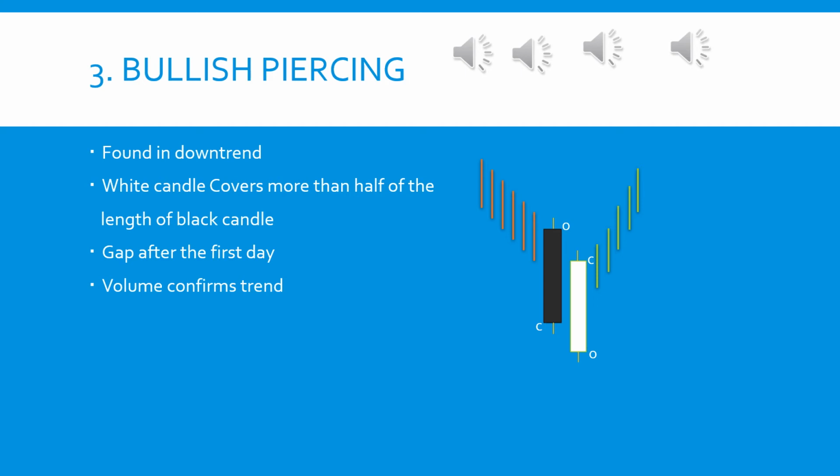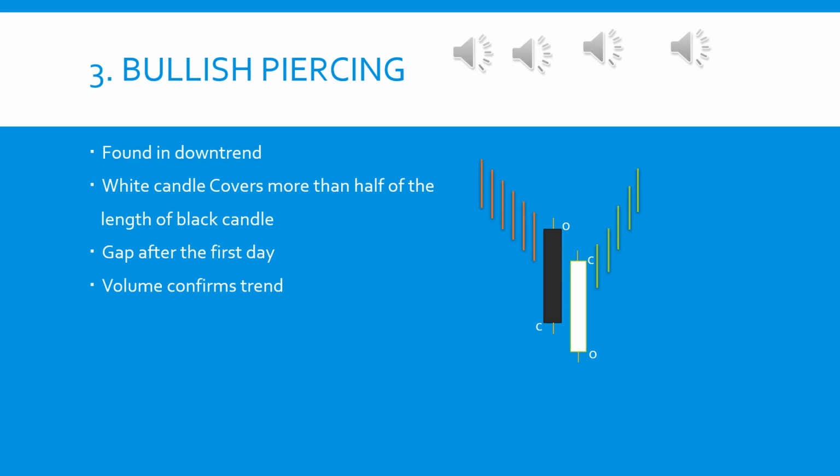There are some additional things that you have to note over here. The first thing is the volume being traded. During the second candlestick, if you find a large volume being traded, you can confirm that there is a sure shot trend reversal. Also, if you find the gap between the second day opening and the first day closing is more, that means the reversal is going to be very strong.